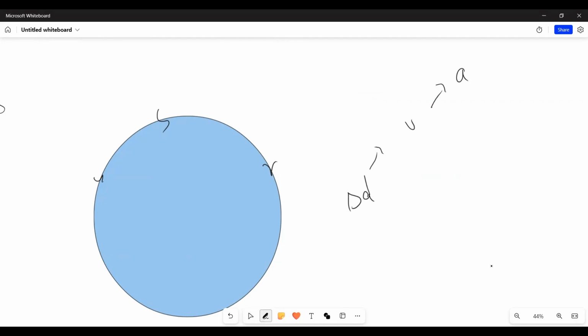How is it going to result in acceleration? We know that acceleration equals change in velocity over time, right? So we're causing a change in velocity, and a change in velocity will give me acceleration. What does acceleration have to do with this? Let's go back again.